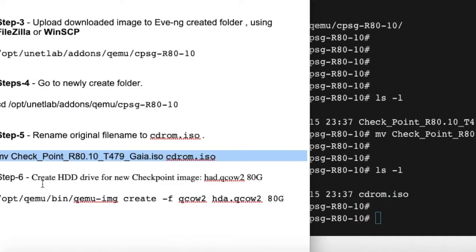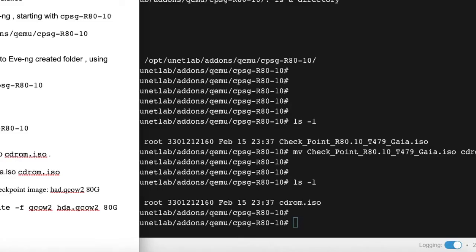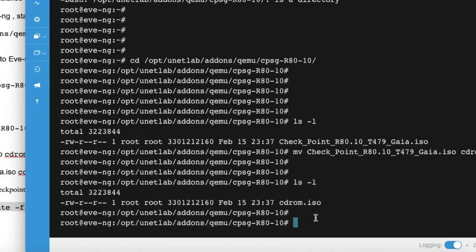So now in the sixth step, we have to create a hard drive for the new checkpoint image. Name will be this one. This is the name. So we just have to run this command here: /opt/qemu/bin/qemu-img